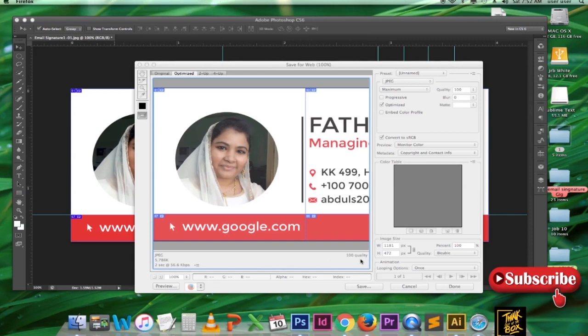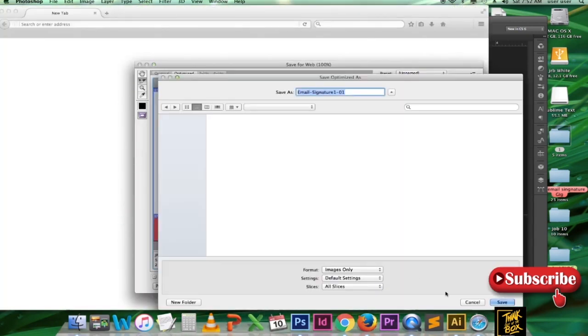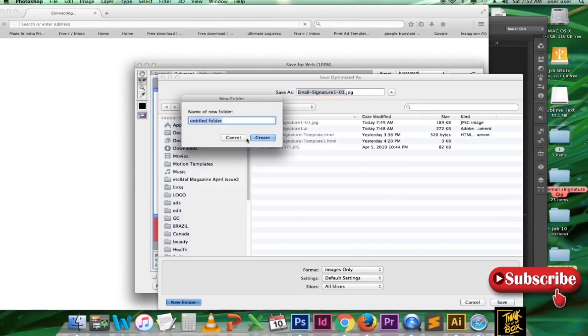Also create a new folder. You can use any name for the folder. We have to save the sliced image files inside the folder.